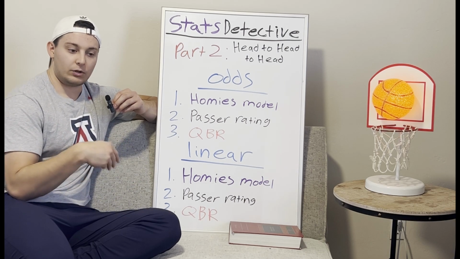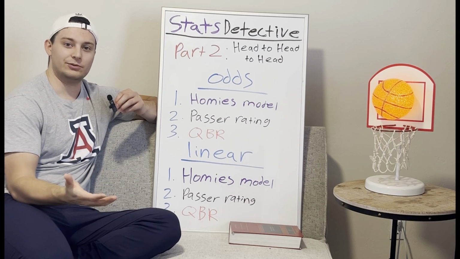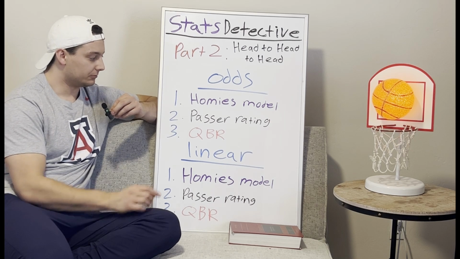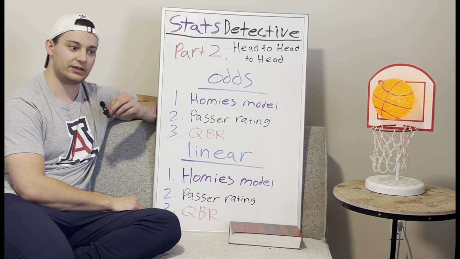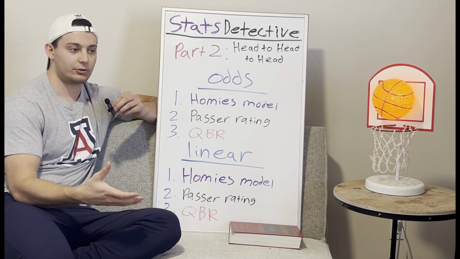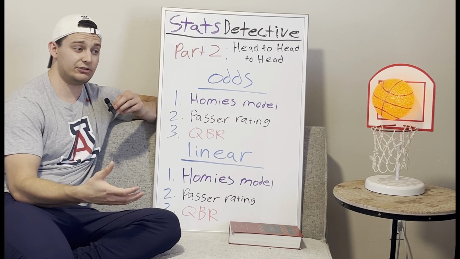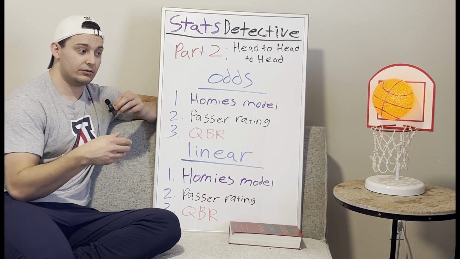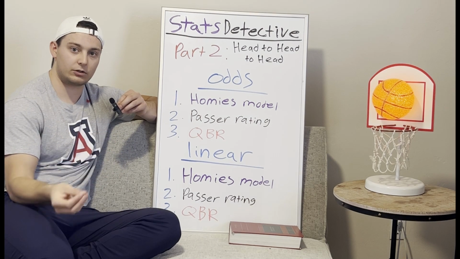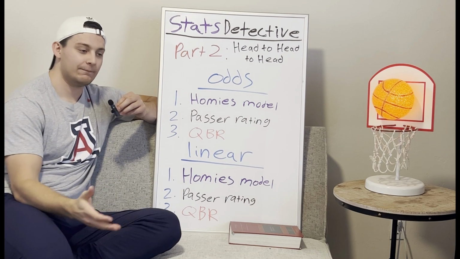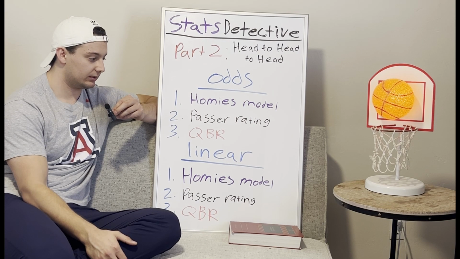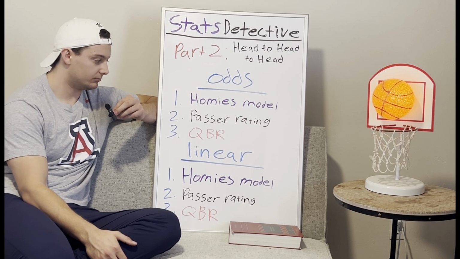But what is available to the public is just way less nuanced, right? If you flip on ESPN or Colin Cowherd, you will hear passer rating reported as if it's this perfect thing, and it's like, well, I don't think that it is. Again, if you're using it to compare quarterbacks, it's probably fine. If you're using it to tell an audience how much a quarterback did, or how well a quarterback did, or how much a quarterback impacted winning, it just doesn't do a great job, when compared to more robust methods.